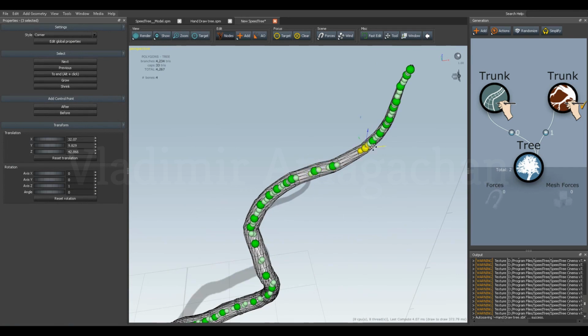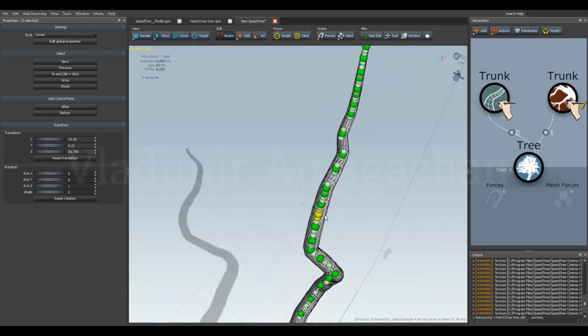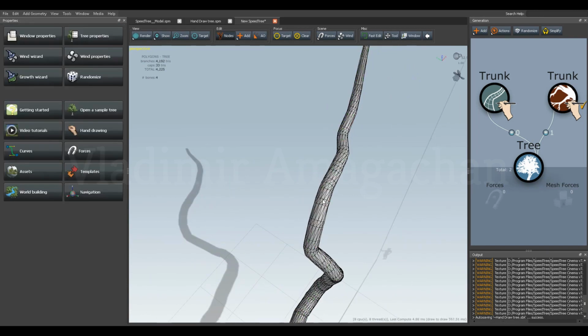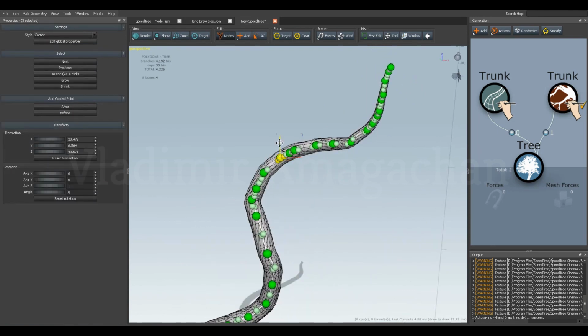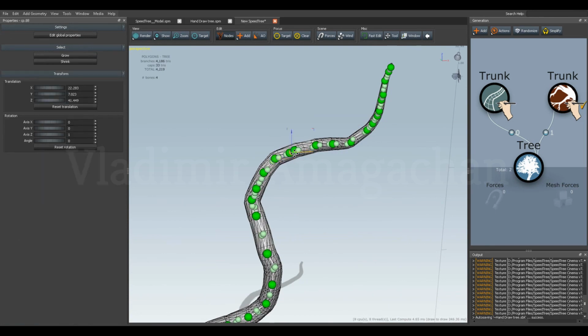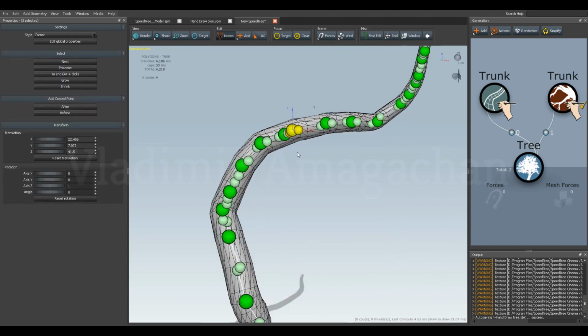I'll select this one also. I will delete this one here. I will select this one and I want to delete,